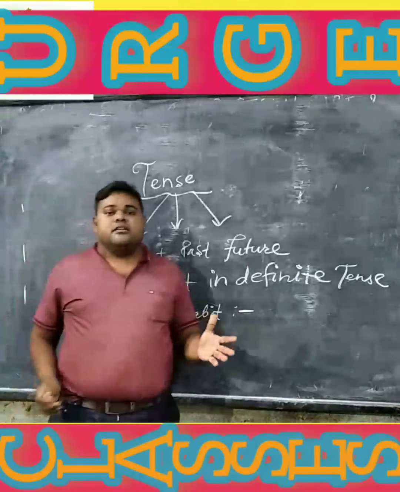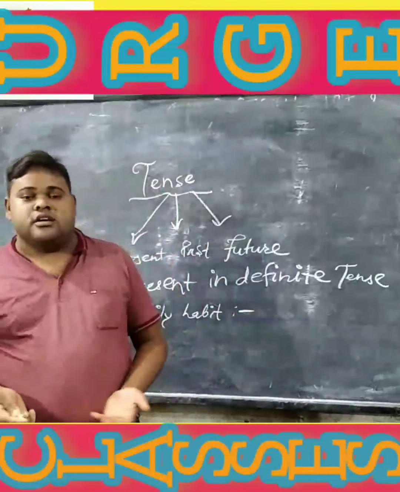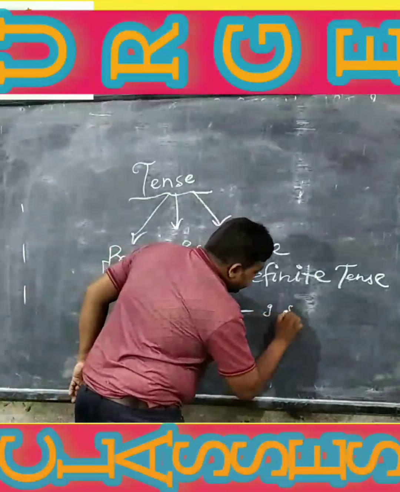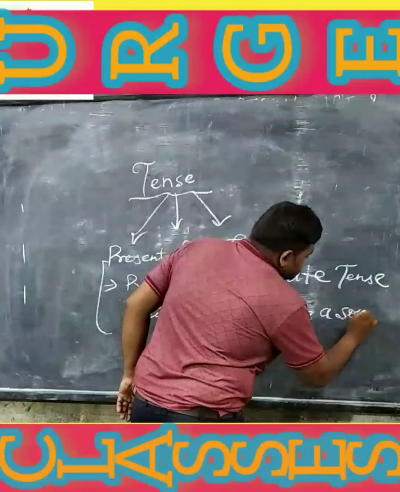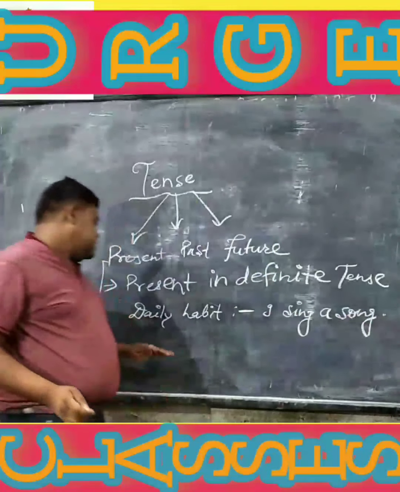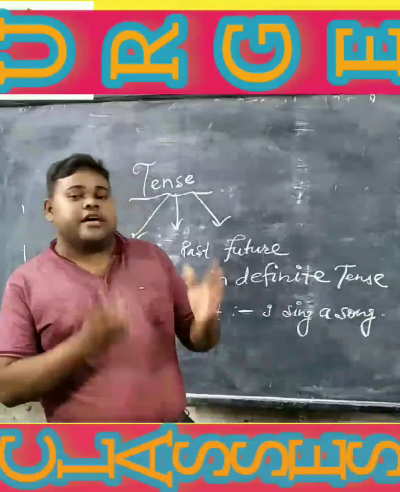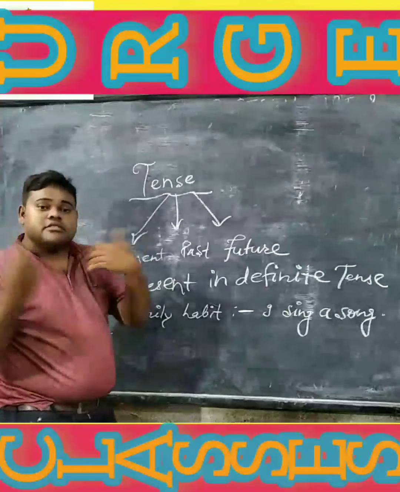For example, I go to school, I read a book, I sing a song. Such types of examples can be applied for justifying this rule, daily habit. For expressing daily habit, you can use simple present. Now, second,